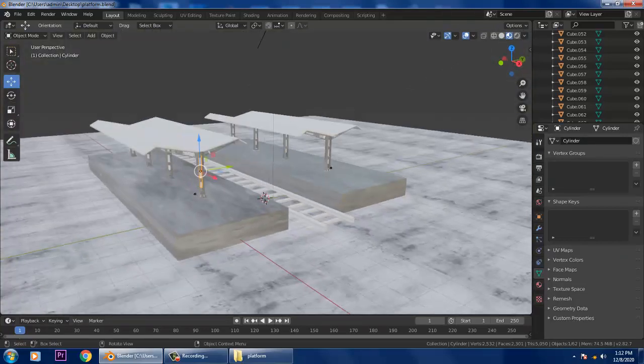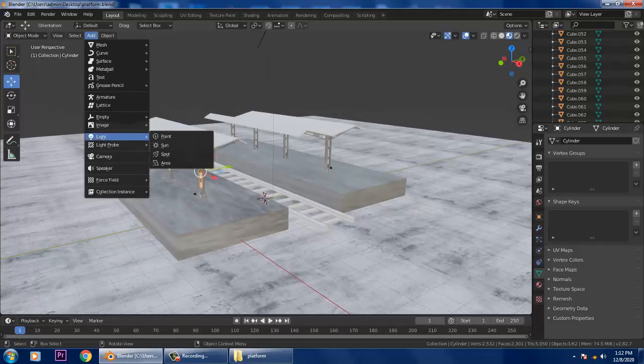Let's go into Add. You can go into the Light. So just add it. You can also take a sunlight.